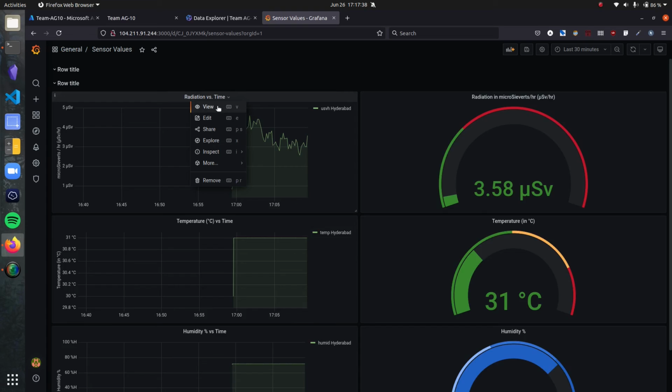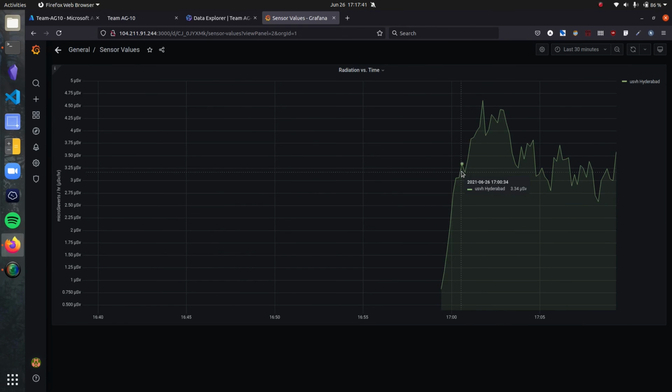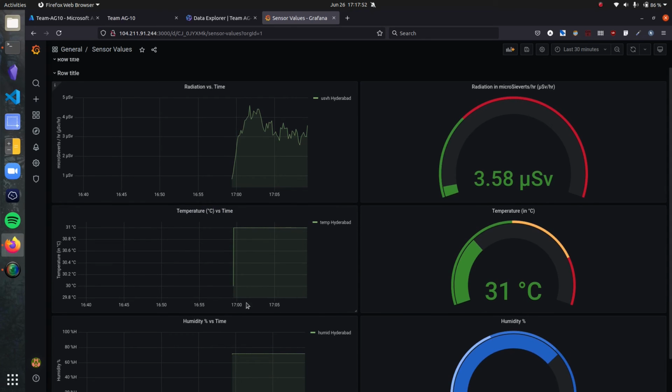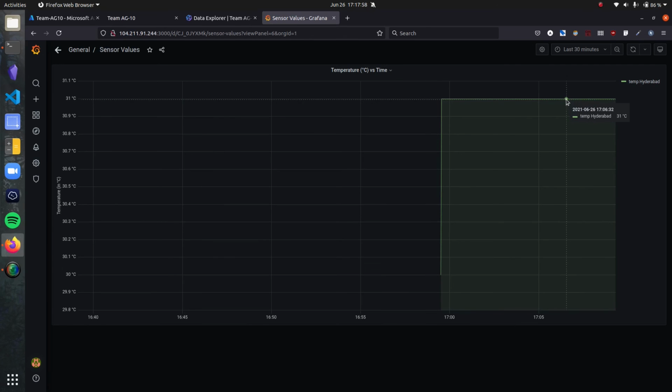We can expand this, of course, and we can hover our mouse on a particular data point, and it will show us the time and the value as well. I can do the same thing for temperature and humidity as well, but they'll mostly be straight lines, because the temperature doesn't change that much when I'm in my home. But let's say this module is deployed in some scientific laboratory, then we'll be able to see the changes. Okay, so that was it for the database and the Grafana part.